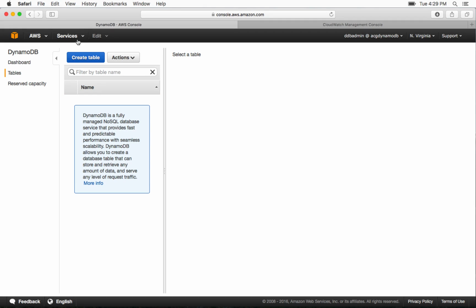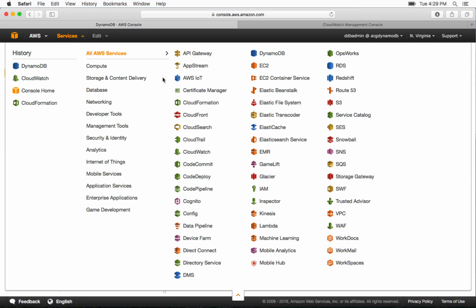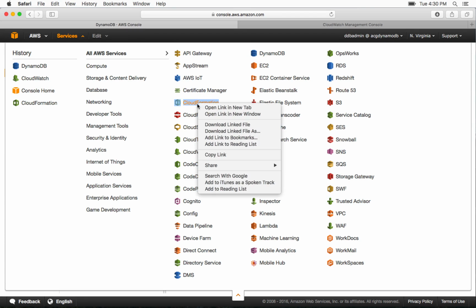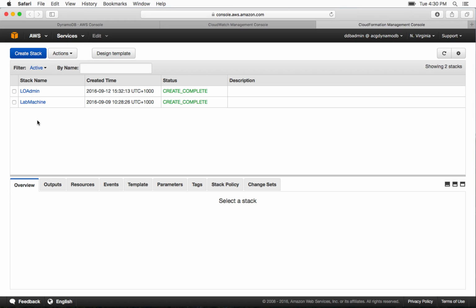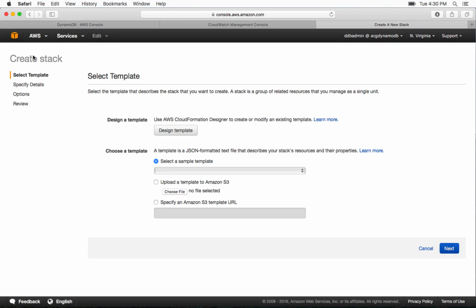So what we're going to do is go to Services, and locate CloudFormation. I'm going to open this in a new tab. Now if you followed along with the earlier lessons in this course, either setting up your account, you will have two stacks within your CloudFormation console, Low Admin and Low Machine. This shouldn't be strange to you, but what we're going to go ahead and do is click Create Stack,